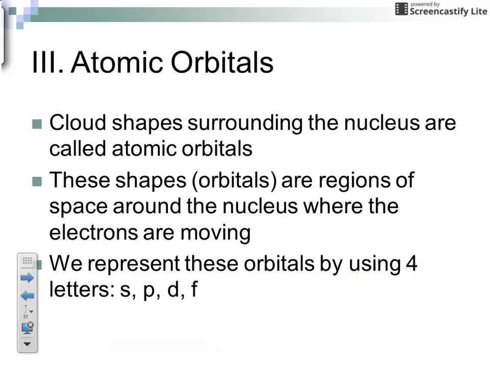The atomic orbitals are the cloud shapes. When I say electron cloud, there's actually 4 different cloud shapes that we're going to be learning about. The cloud shapes are the areas around the nucleus where the electrons are most likely to be found. And we call these cloud shapes the atomic orbitals. These shapes